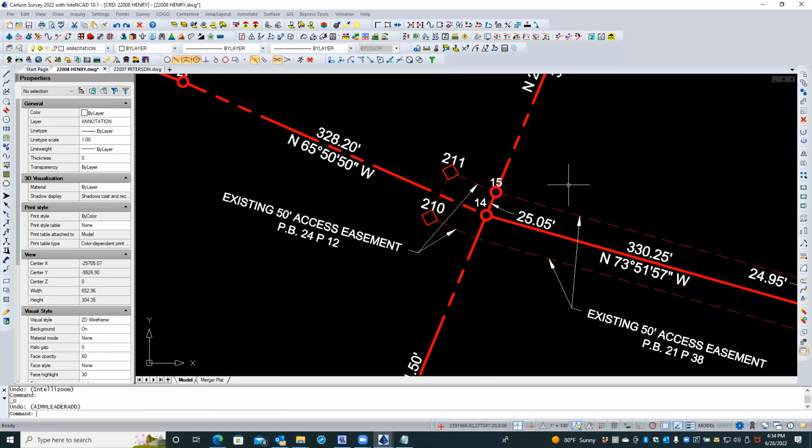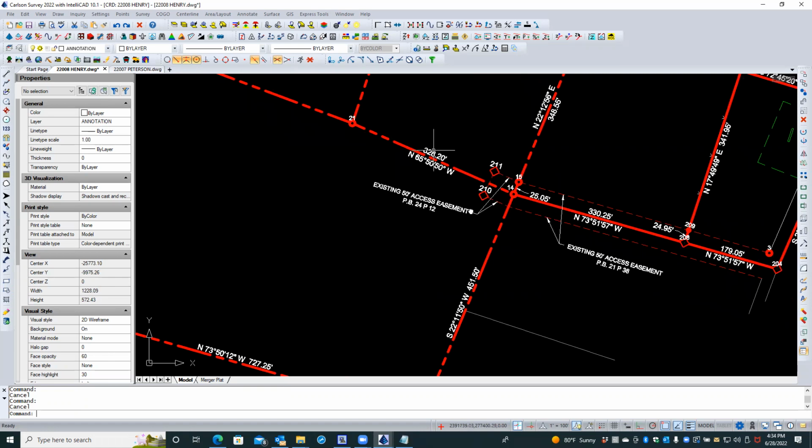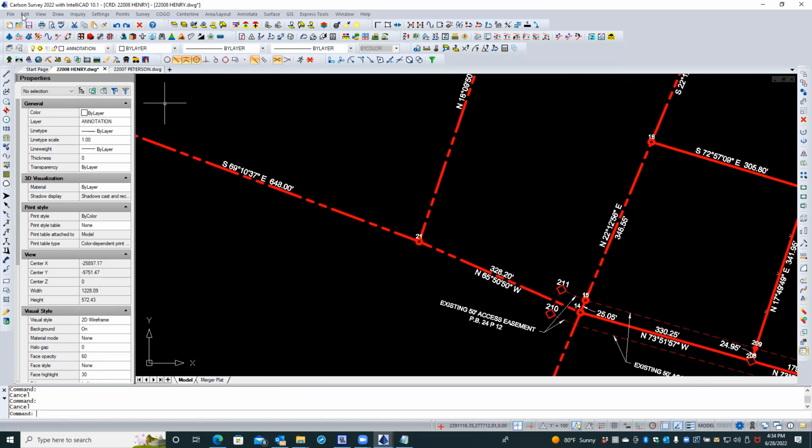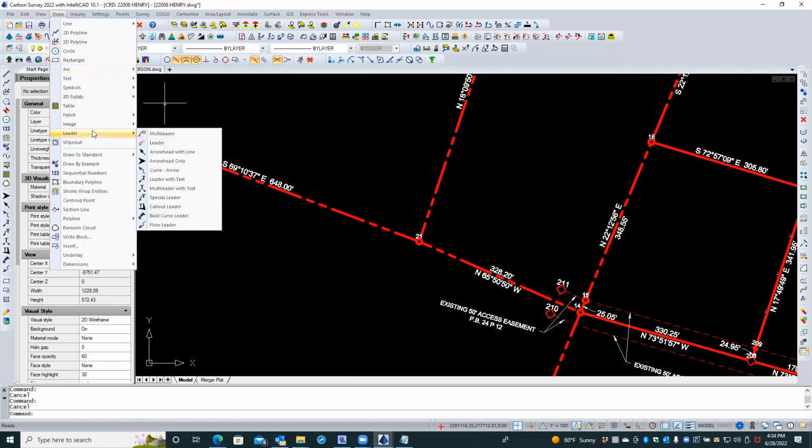But a single leader, not a multi-leader, is just a single arrow. So let's say you're going to label something else. If you draw leader, there's a leader, or an arrowhead with line would recreate the leader, but it would blow it up into the line, the arrowhead. Here's a leader with text. Here's a leader, which is also with text. This leader with text actually draws it as a leader, but then explodes it into the line work, the arrowhead,